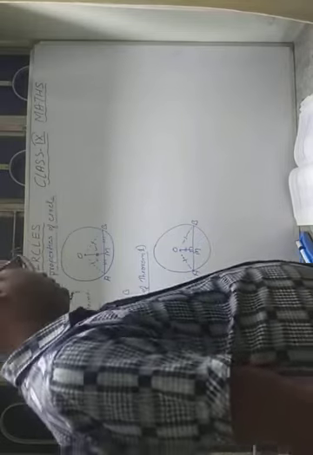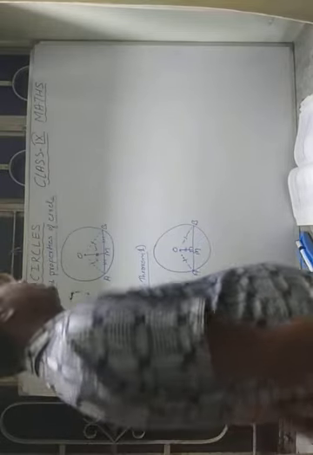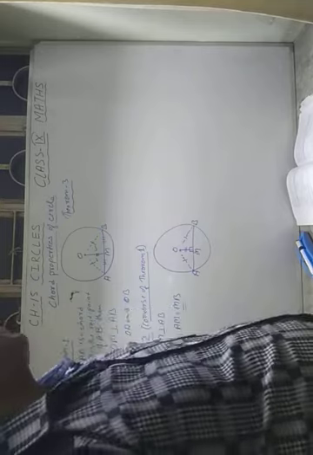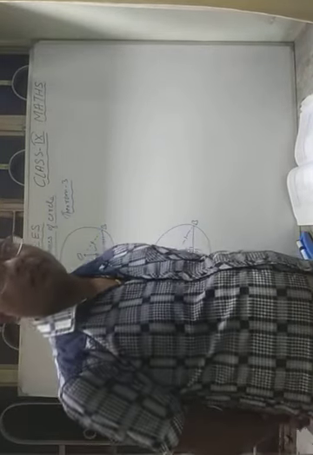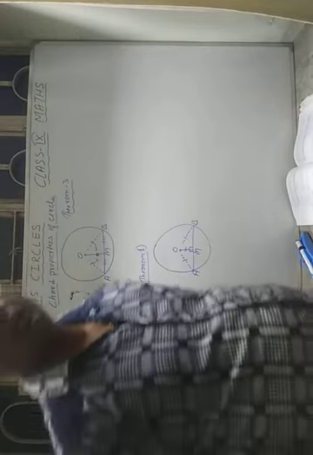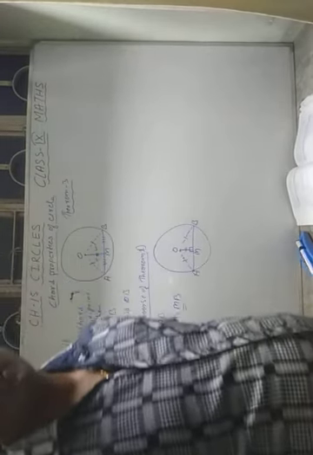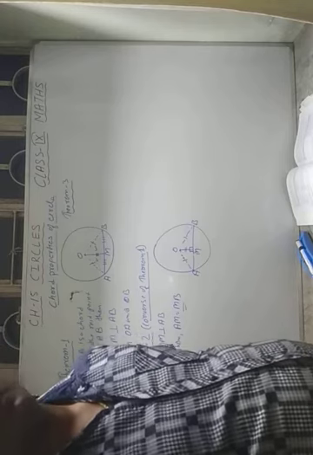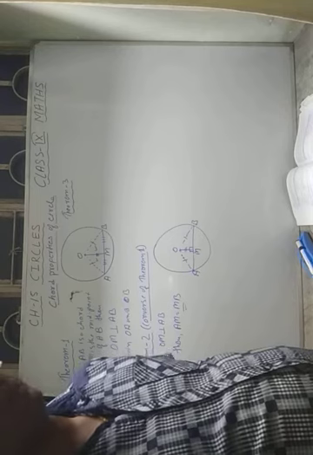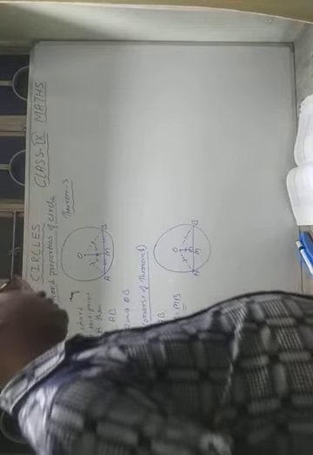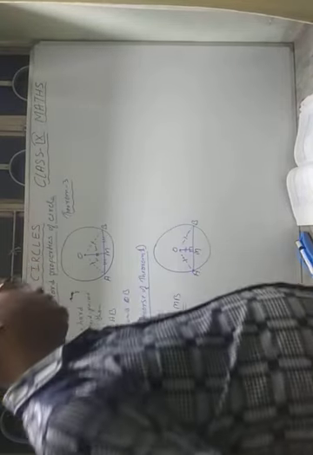Now we move to the third theorem. It says that equal chords of a circle are equidistant from the center. Theorem number 3. You have to remember all the statements of the theorems, because when you use a theorem while doing the sums, you have to write the full theorem statement correctly. You cannot write theorem 1, theorem 2, theorem 3, etc. You have to write the statements of the theorems properly in each and every sum in which we use them.